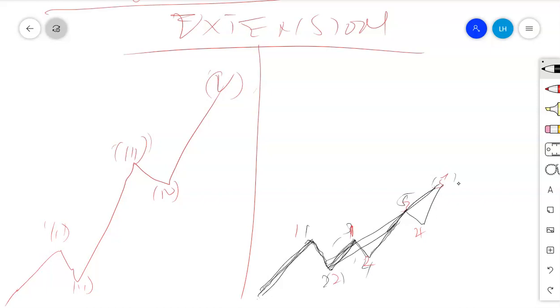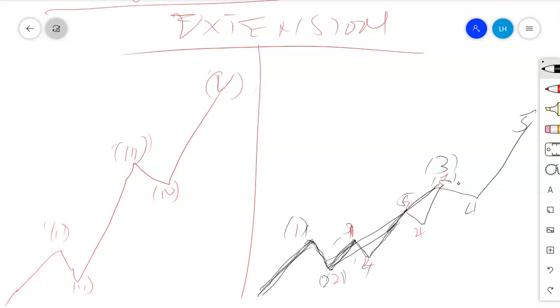But in a higher degree, this will be number 3. After having this number 3, now the correct count will be 1 up to this point. Now this will be 1, then 2. That's the correct count. Then 3, finally we'll have 4 down. Now this number 4 can be sideways. Remember the guideline of alternation. Now this will be sideways, wave number 4, and finally wave number 5 to the top. So this is number 4, then this is number 5.